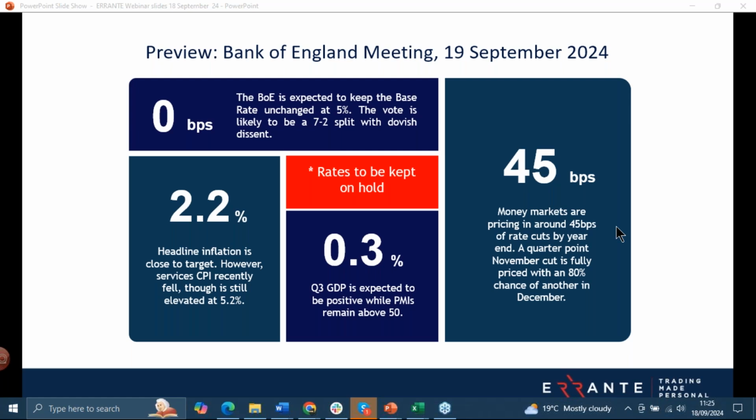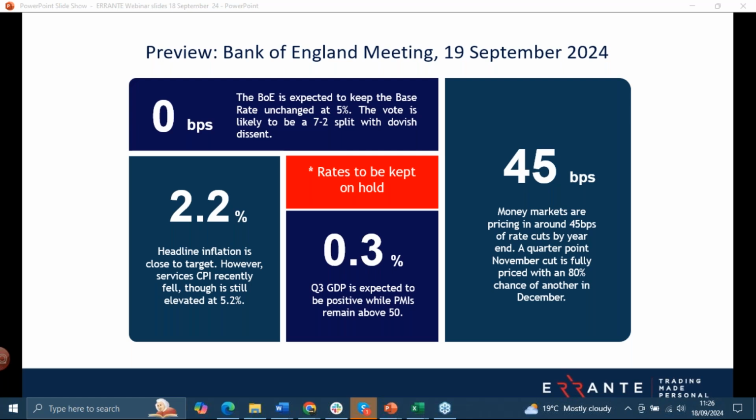Since the last meeting, of course, and that rate cut, the data has basically corroborated the bank's stance. PMIs beat expectations in both July and August. The labour market continues to improve gradually. Average weekly earnings continue to slow, although they are stickier than expected. The year-on-year rate for July, just for your guide, is at 5.1%, so still sticky.